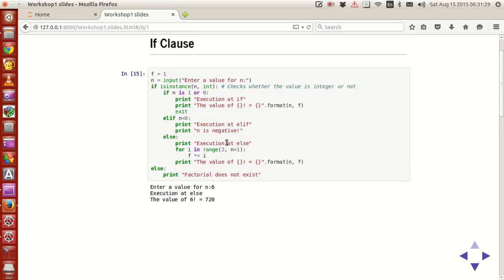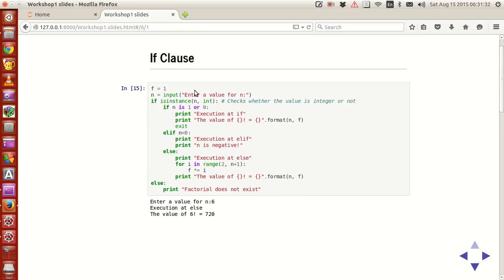Now here is an example of what this if clause does. I set f to be 1. I get the number from the user, and I check whether the value of n is actually an integer at that instance. To check whether that number is an integer, I use this function called isinstance. It just checks whether the value is an integer or not. Simple as that. If this if statement is true, then